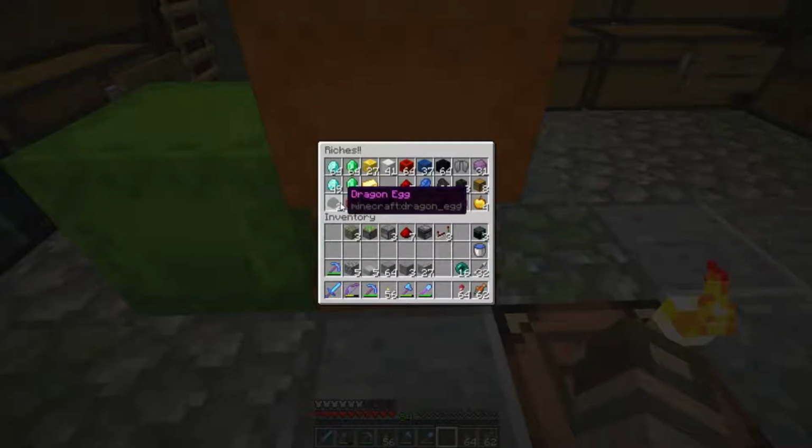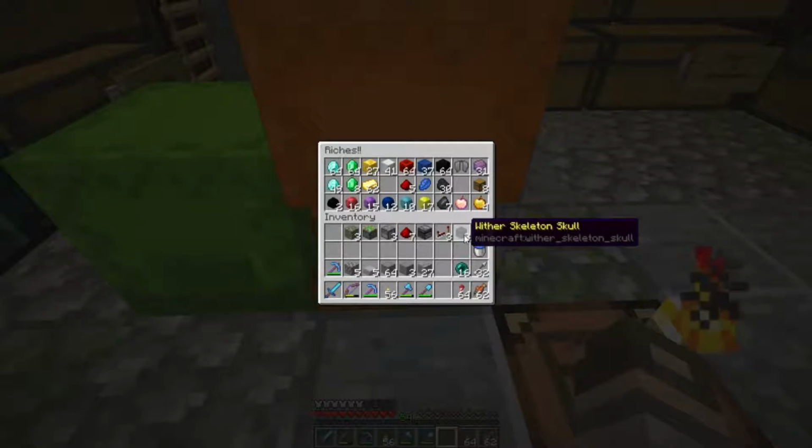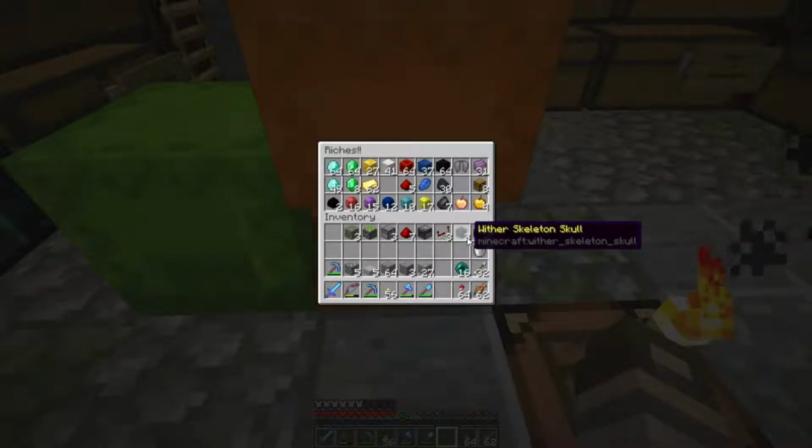Got all our gems, a couple of dragon eggs, and I went ahead and started digging out the wither skeleton farm. I dug out an entire side of it, 200 blocks down, and 16 blocks wide. And I also put down the nether brick floor, and I was getting decent spawns just while